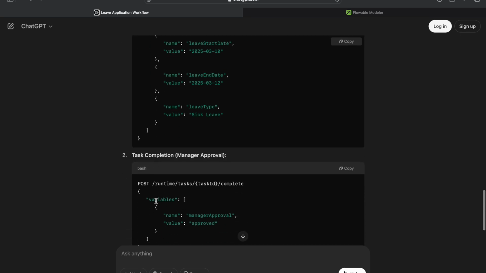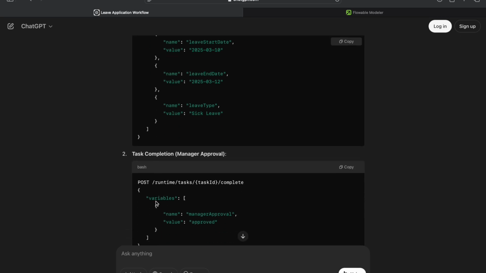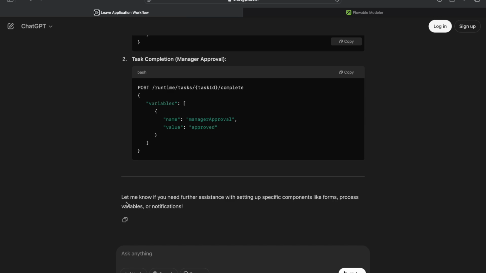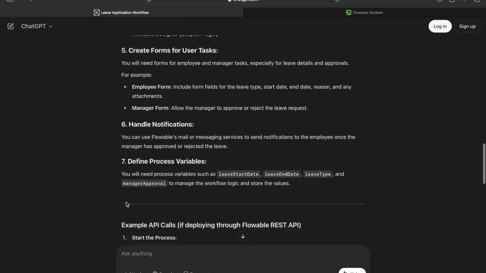With this we can say that ChatGPT is trained on Flowable knowledge as well, because it has crawled through the entire internet, and Flowable documentation is part of that. So obviously this model has knowledge of it. But let's start with our